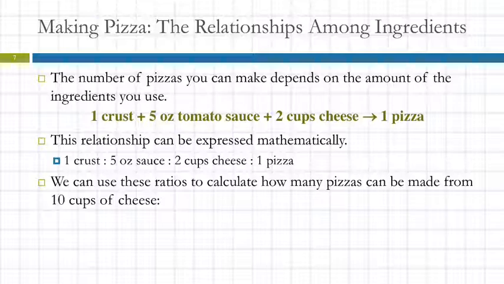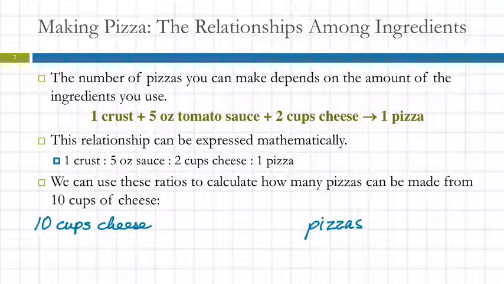We can express that in terms of ratios. And we can use those ratios to figure out how many pizzas we could make from 10 cups of cheese. Now you can figure that out without doing math, although you're doing the math in your head. But with this thing that we can understand, let's look at the process so that we can apply the process to something that doesn't make any sense. So if I have 10 cups of cheese, and I want to know how many pizzas I can make,